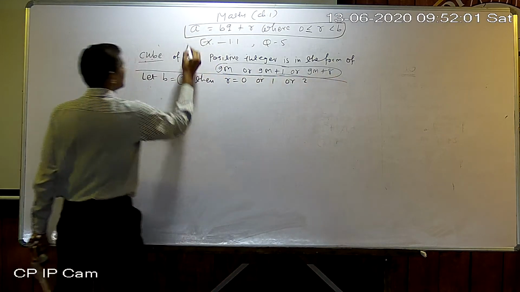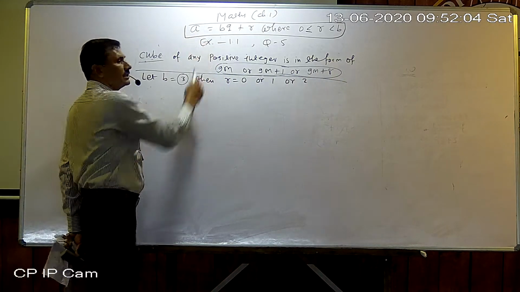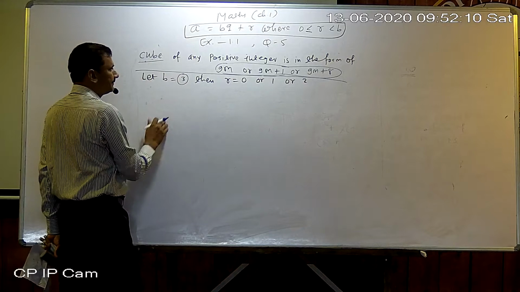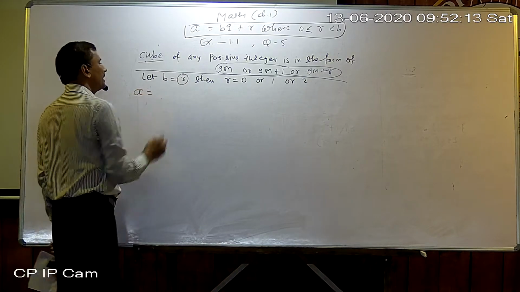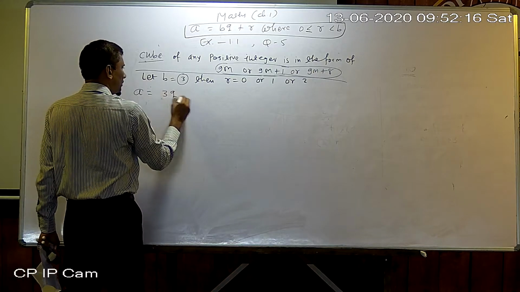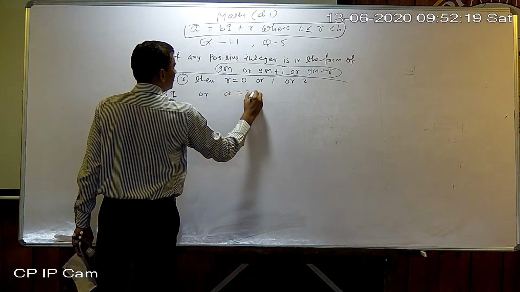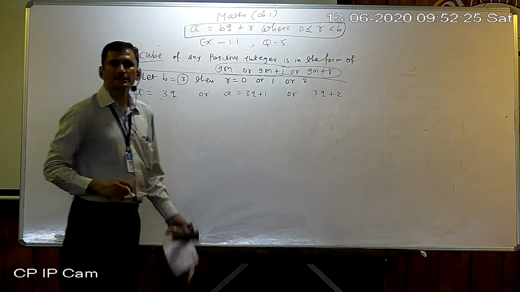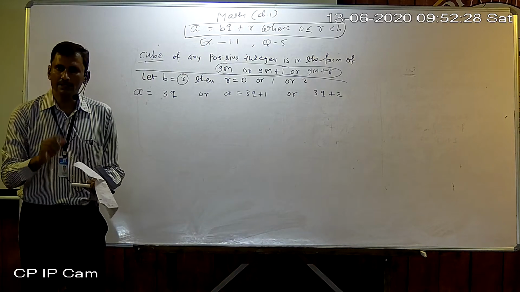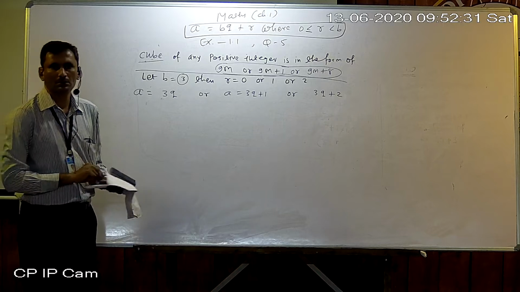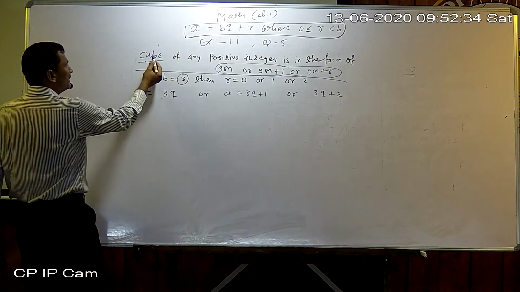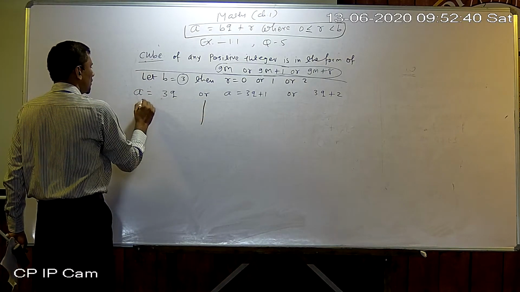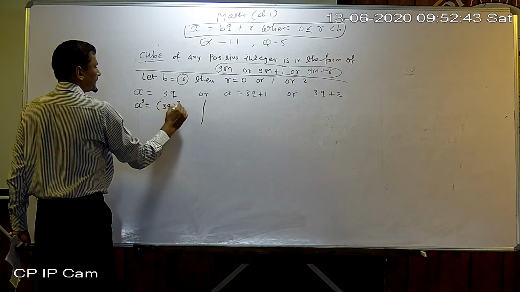So our solution starts from this part. That was the question. First of all, you have to use Euclid's division lemma and write it. I have written it in the first line. According to that you can get a equal to 3q or 3q plus 1 or 3q plus 2 only. Why? b is 3, so r can be 0, 1 or 2. Cube is asked. In the previous one, square was asked. So I make the cube of all 3 expressions. Cube both sides.